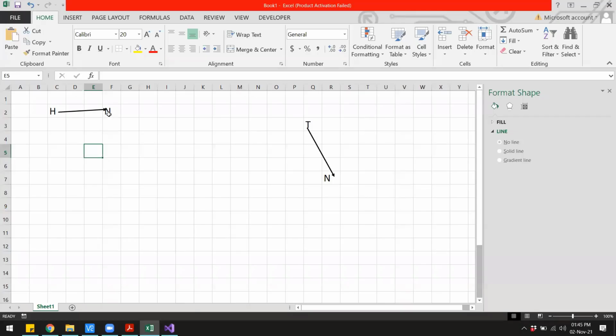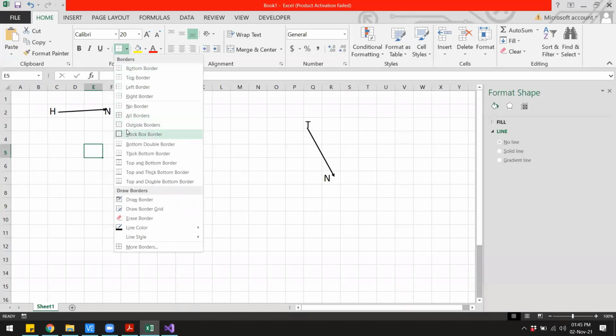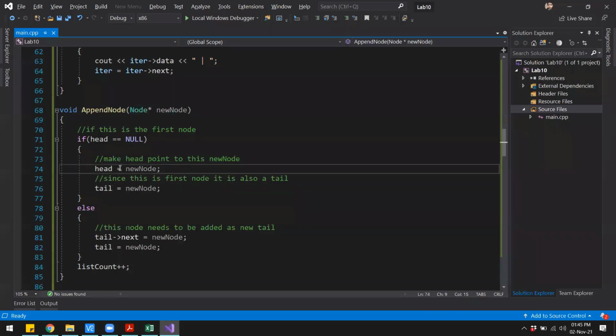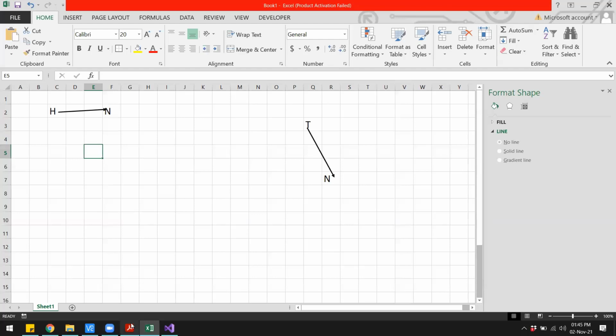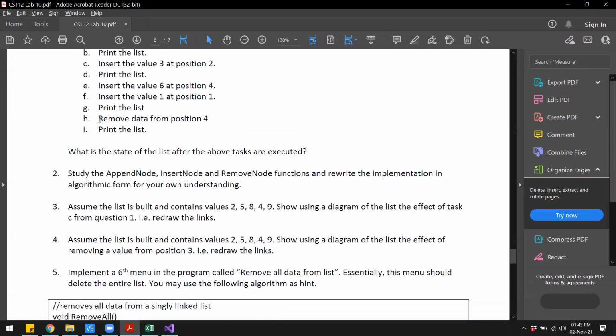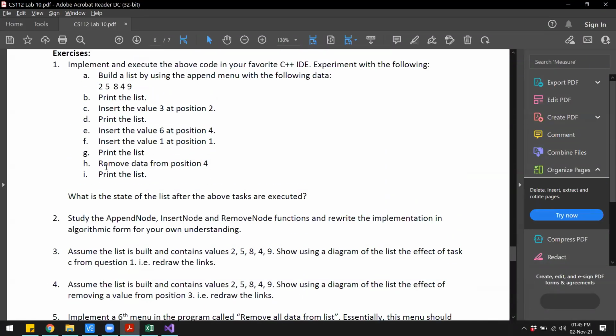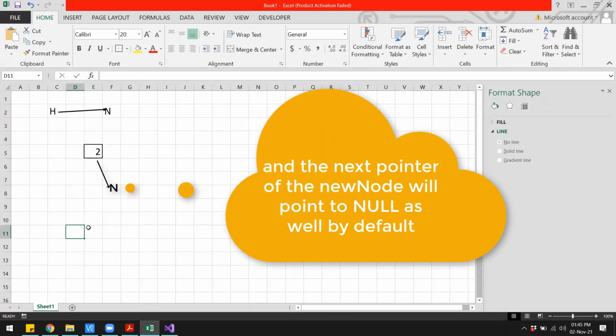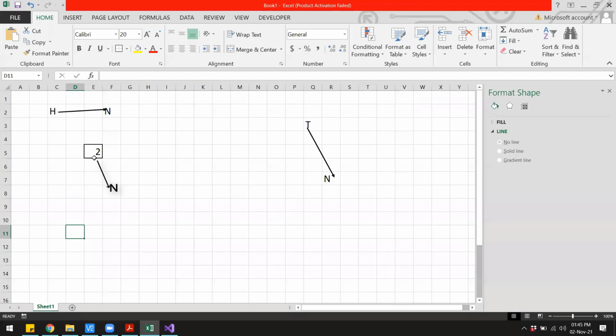So we already have a node coming into the function. Let's say this is the node, and the value of the node is 2. Now we have the node and we have the head and tail pointers which are pointing to null. Looking at this diagram, which pointers should we adjust so that we have a linked list?